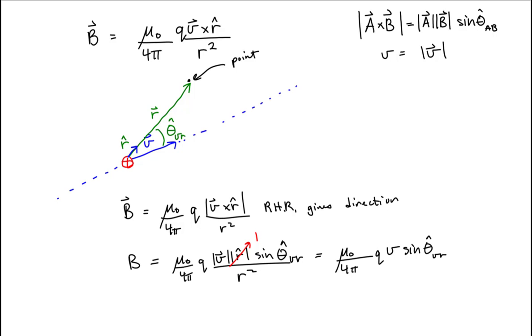Now the direction is given by the right-hand rule. So if we were to place our thumb pointing along the line of velocity and curl our fingers around that line of velocity, remember, we would get the orientation of the magnetic field lines. So if we could extend our hand at that point at which we are evaluating the magnetic field, we would see that the magnetic field would point